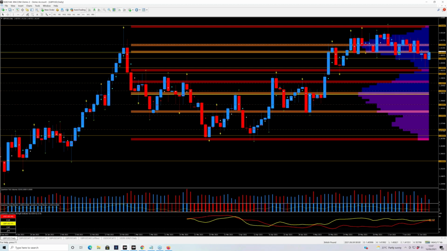Now, what I'm expecting is, if it stays up here, I'm expecting the volume point of control to move up there. And at that point, we will have a better idea of whether Cable is going to be bullish, carry on higher, or be bearish. Of course, that's also going to depend on what's happening with the US dollar, and you can see that on the dollar index, either the quantum one or the Dixie. Now I know it's in congestion because when I look at the lines, this is the CSI, they're moving in parallel. Because this is the daily chart,